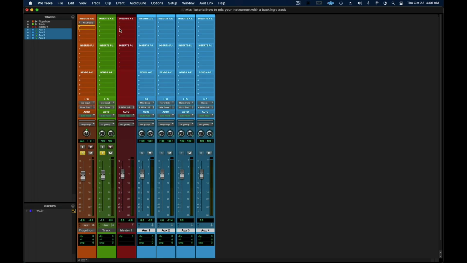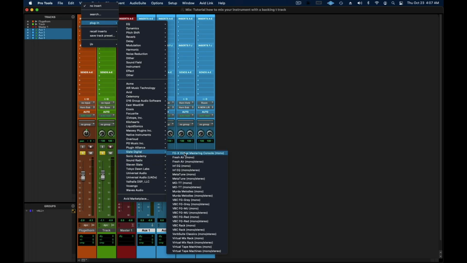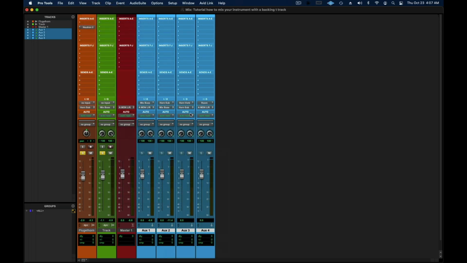Now, remember I said we're going to use stock plugins. Well, this is a free plugin. The first thing I would like to do, when I have a horn, I always like to put some tape saturation or some saturation of some sort on the instrument. Now, there is a tape saturation here from Slate Digital that costs money, but this right here, and I'll pull it up,